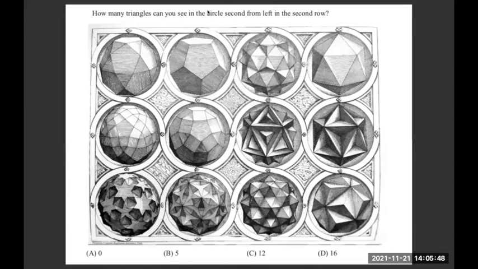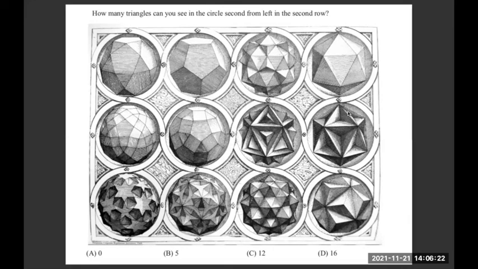Fairly simple, not too complex here. But why have I kept it here? All these solids which you are seeing here are called Archimedean solids, of which many a times questions are asked. What is an icosahedron, a dodecahedron, or how many triangles are in a dodecahedron, or how many pentagons are present in a football? Those kind of questions are asked. So just a suggestion, and you should do that.